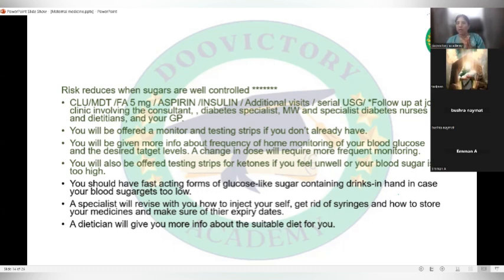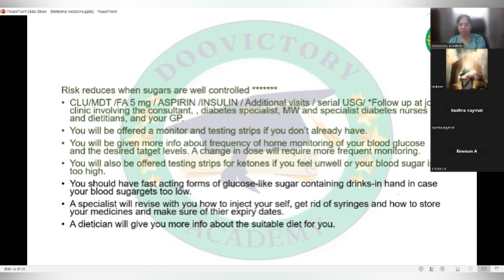So it's a suggestion. Otherwise, we will also talk to your partner and tell your partner about the injection that can be given if you have dizziness after this hypo episode, right? I'm talking about the glucagon injection, because she can't inject once she's faint. So you have to talk to the partner, especially in type 1 diabetes, when she's already on insulin. Tell her that this hypo episode may happen, you should have sugar drinks, and we will tell your partner how to give that injection to you. Okay,